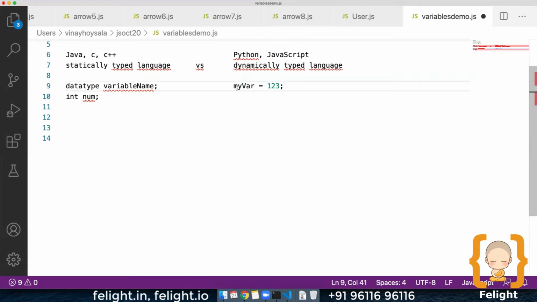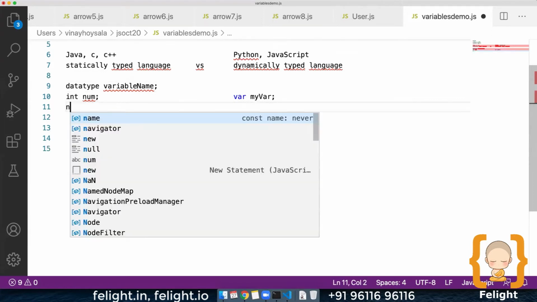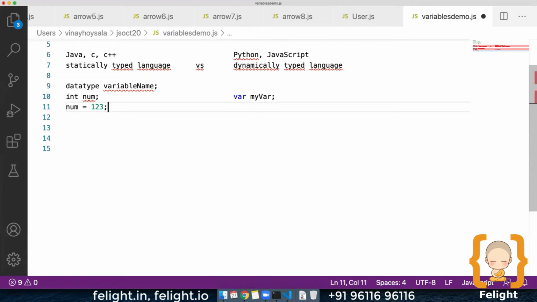In the case of JavaScript, you can declare a variable using the var keyword like this, and then go forward and assign some value. Say here num equal to 1, 2, 3. Same way here in JavaScript, I will say my var equal to 1, 2, 3.